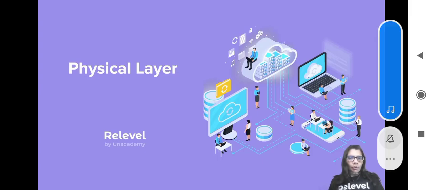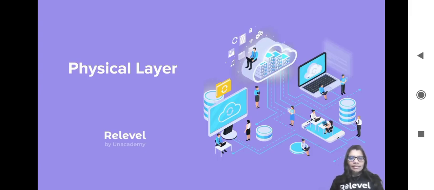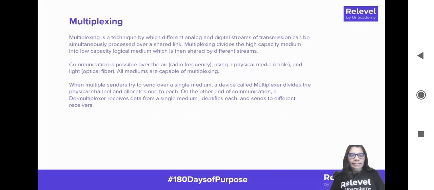We would be discussing multiplexing. So let's start with what multiplexing actually is. Multiplexing is a very crucial part of your physical layer. It is the technique by which different analog and digital streams of transmission can be simultaneously processed over a